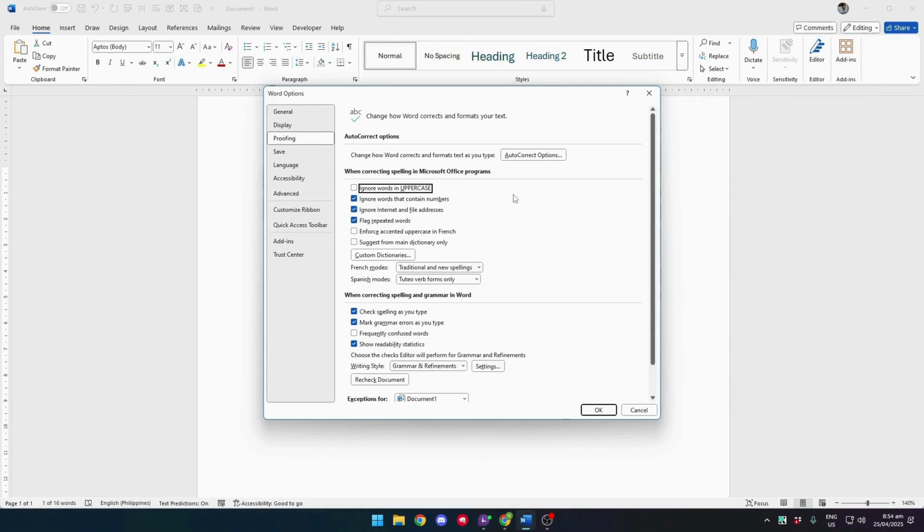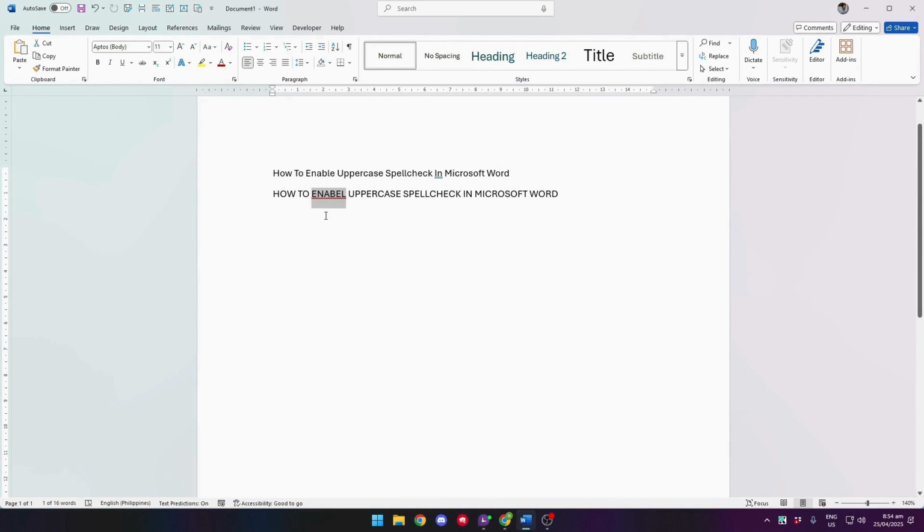And what that'll do is that Microsoft Word will now check words that are in uppercase. Now click on OK, and you'll see that the word enable that was misspelled has now been